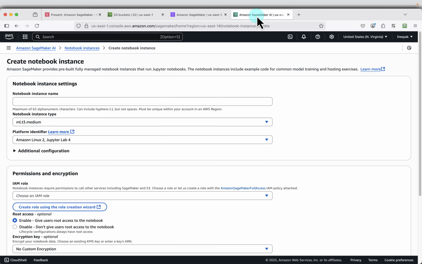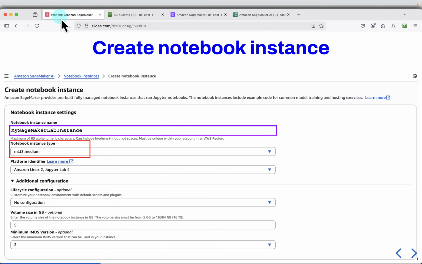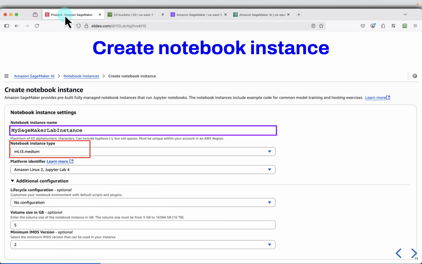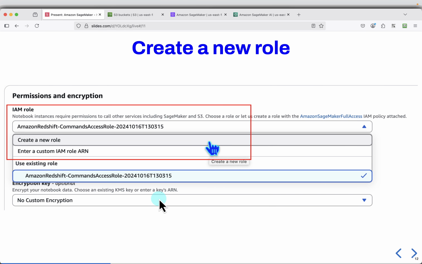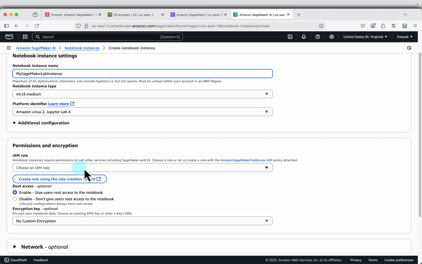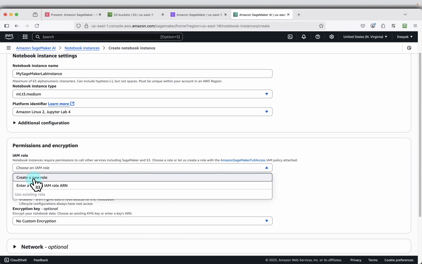So I'll copy the value, notebook instance name, paste it, and for notebook instance type, I'll choose the default ml.t3.medium, and Amazon Linux 2, JupyterLab 4, which is the default value, and the rest you can keep as default, and we will create a role. So other settings are default, and under IAM role, click on create a new role,